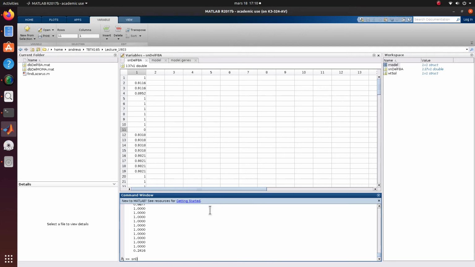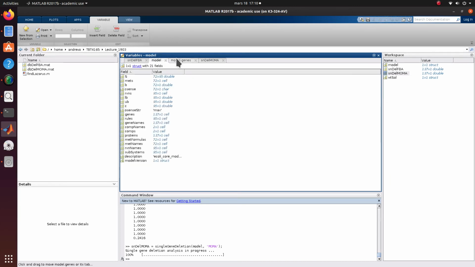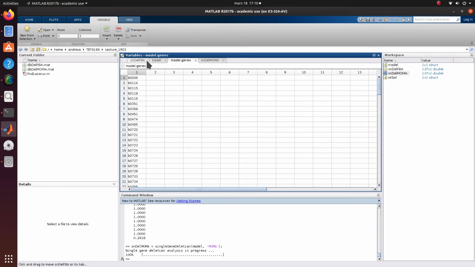So we can call it SNDel MoMA equals single gene deletion model, and now we pass it with the MoMA flag as well. If we don't pass the secondary flag, it's going to default to FBA. And so this runs, and now we have our SNDel MoMA vector. And we see here, it's somewhat similar. We see that this first mutant here doesn't really have any different results from the single mutant, but we see that our mutants here, 2 through 4, will grow slightly less if we do the MoMA